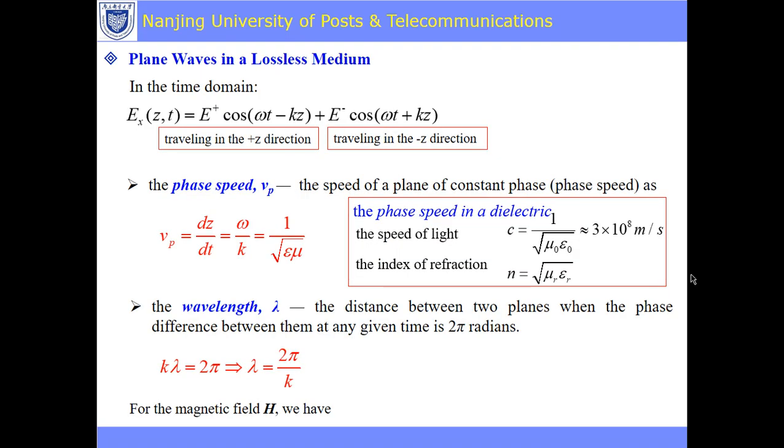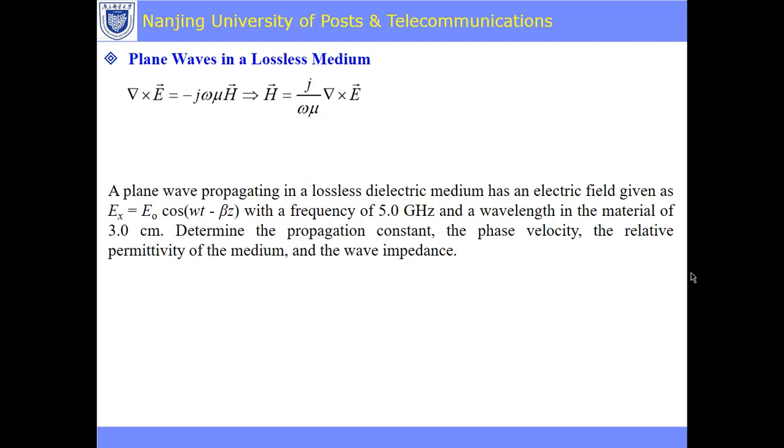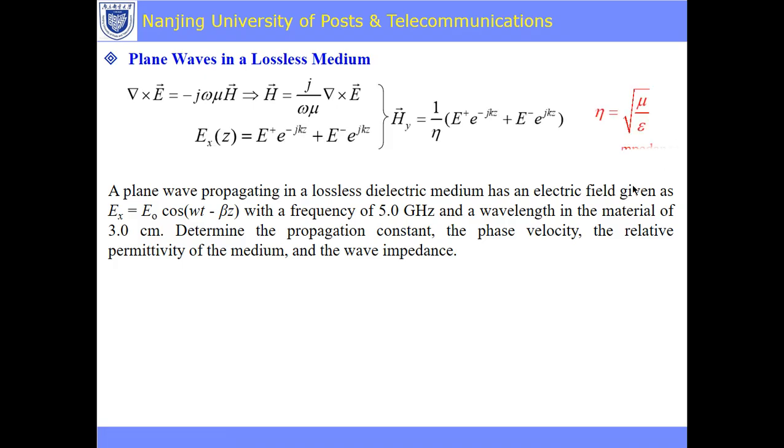This is for the magnetic field, we have this, right? Plane wave in a lossless medium. A plane wave traveling, this is for the H, right? This is called intrinsic impedance. Now, new term, intrinsic impedance. How would you define intrinsic impedance? The ratio of